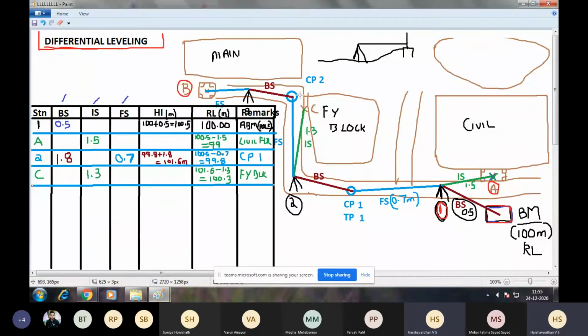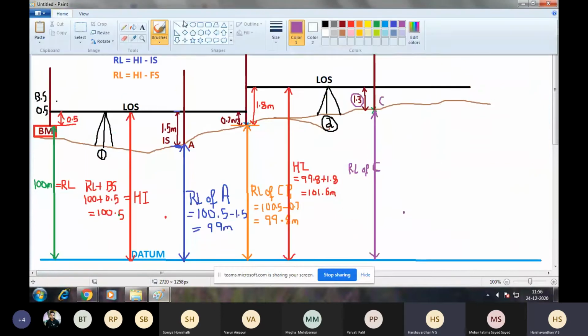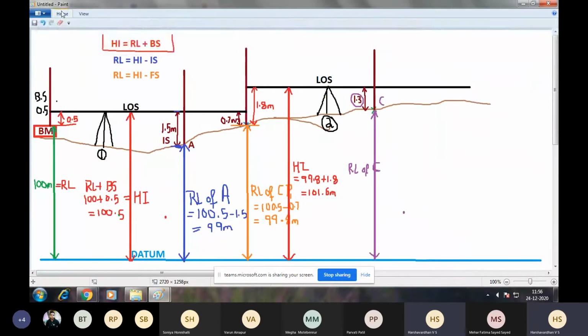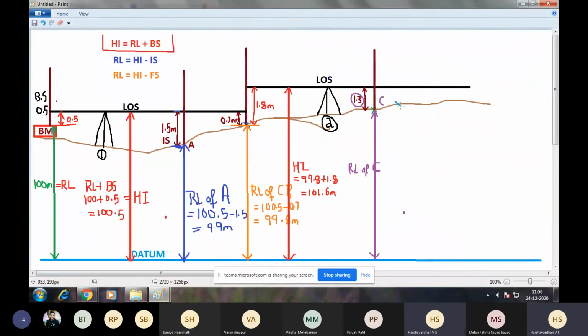I'll take one more change point, change point 2, and I will take staff reading on this particular change point. So in the vertical plane, I'm taking a change point here. So this is change point 2.